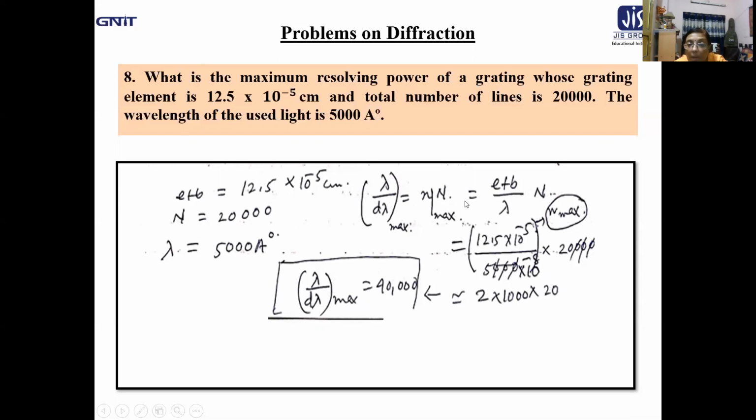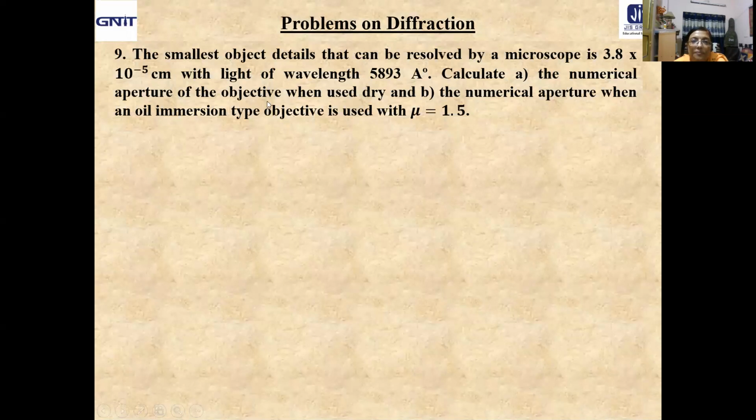Maximum resolving power, interesting problem. It is said in a different way. To n max you have to find out. And mind it, in case of n, it is always the whole number will be the n max. Clear? Next question. The smallest object details that can be resolved by a microscope is 3.8 into 10 to the